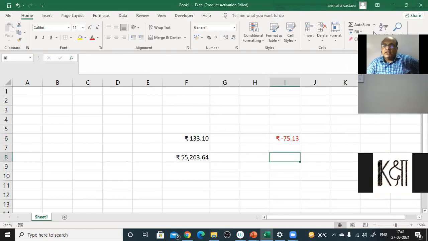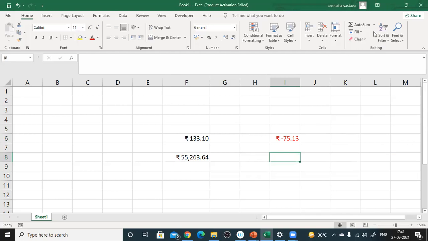That means what is Excel telling you? Excel is telling you that you will have to invest 75 rupees 13 paisa today. Because you have to invest that money, PV is coming in negative, and that's why I have been telling you that in any formula, if you are inputting PV, that should be negative. If you are getting the money, if you are calculating the EMI of the loan, obviously PV will be positive, EMI will come in negative. Why do I say that EMI will come in negative? Because you have to pay it.